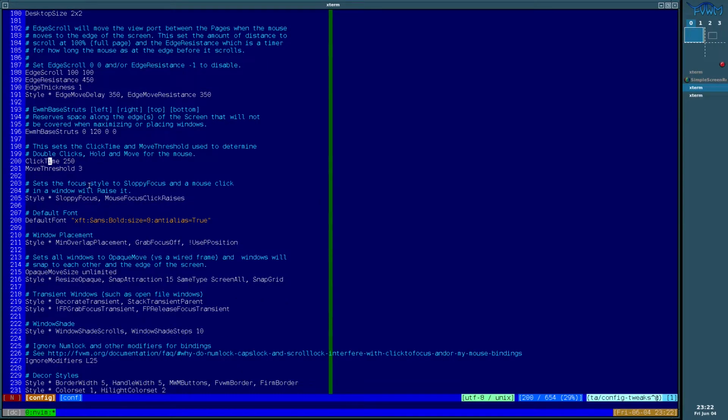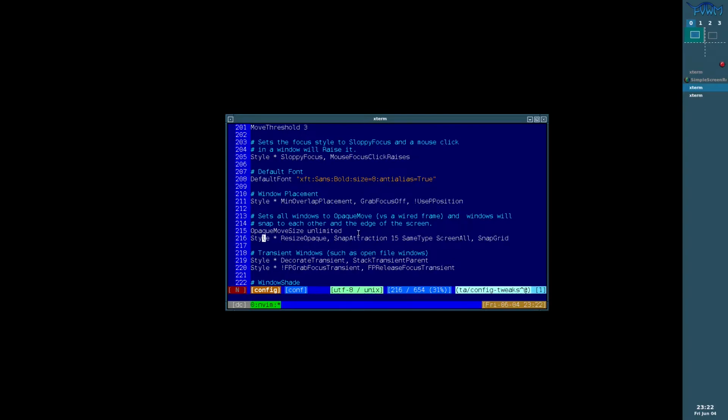And now we come to some style definitions, and we're starting to move away from defining some of the interaction-based behavioural characteristics. And now we're starting to talk about the style of windows that appear. And that can take two forms. That can be setting characteristics around the look and feel of the window, although a lot of that is actually in a separate set of commands entirely. Or it can also be about